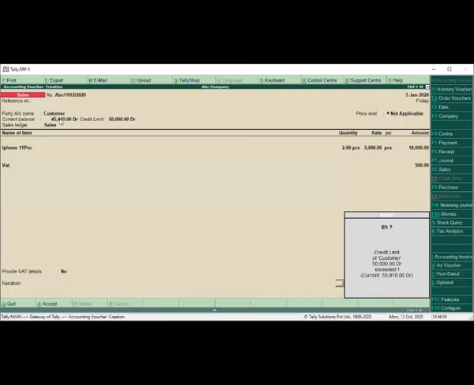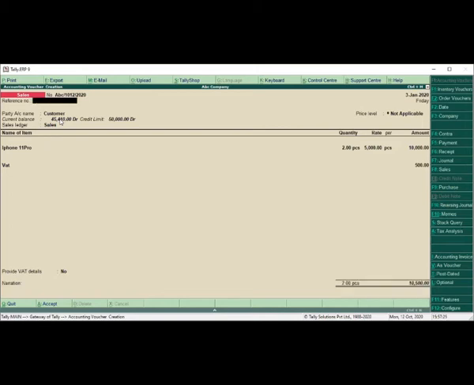So you can see it is showing, because he can purchase 4,600 or 4,590 dirham more, not more than that. It is showing the credit limit of the customer 50,000 and exceeded current 55,910. So in this case, it will not allow you to make the invoice to the particular customer. It will show the error. So if you want to stop making the invoice, you can enable that particular feature and use it.